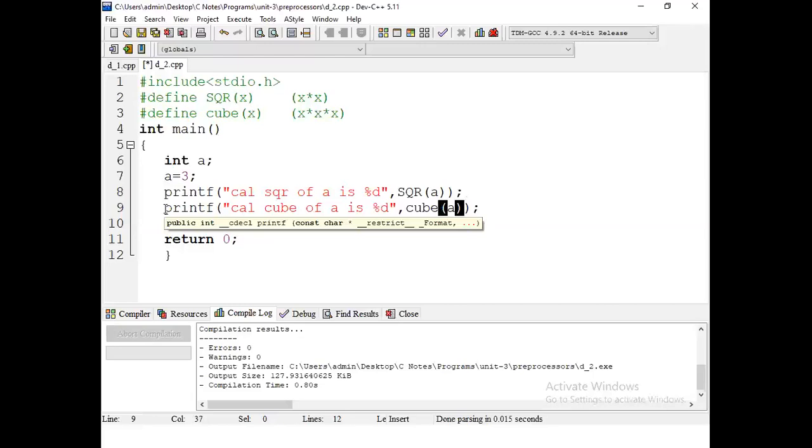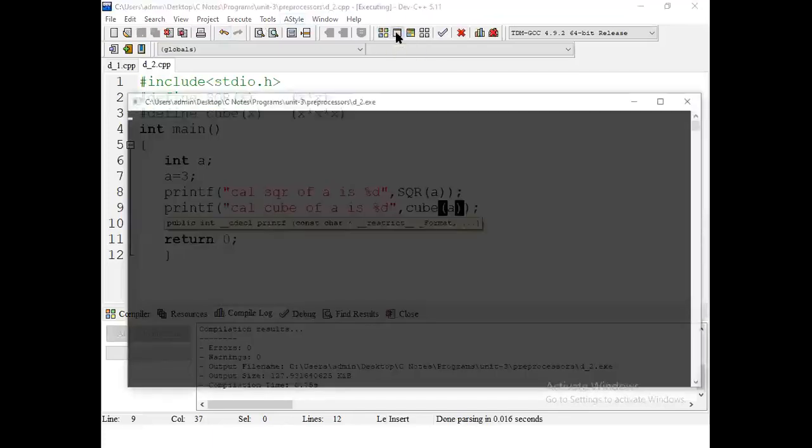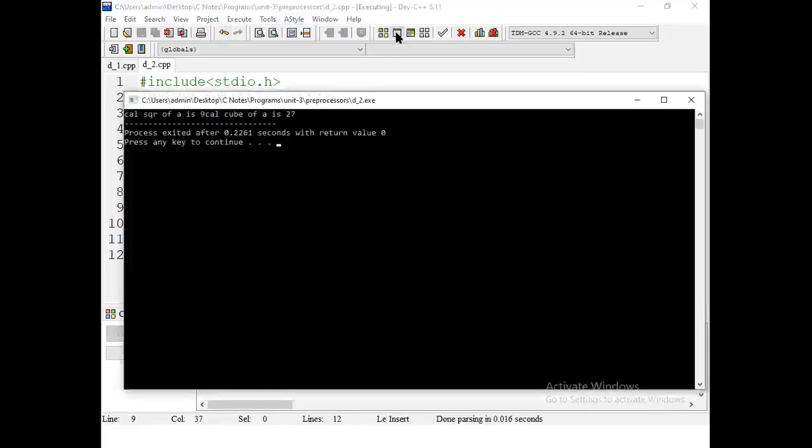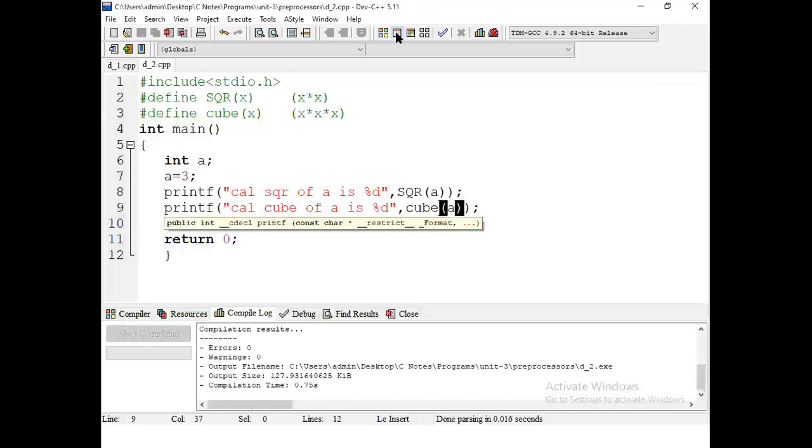Square of 3 equal to 9. Okay, 9 cube means, that answer will be printed here. Okay, calculation: square of a is 9, cube is 20. In that way we can use the macros.